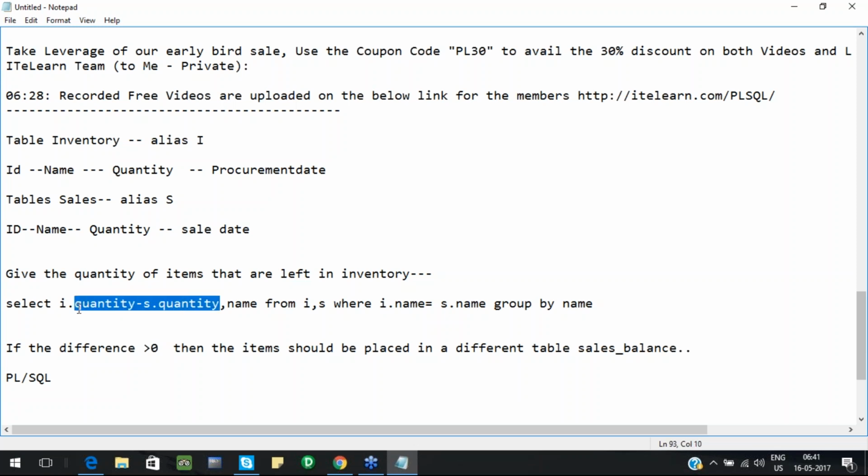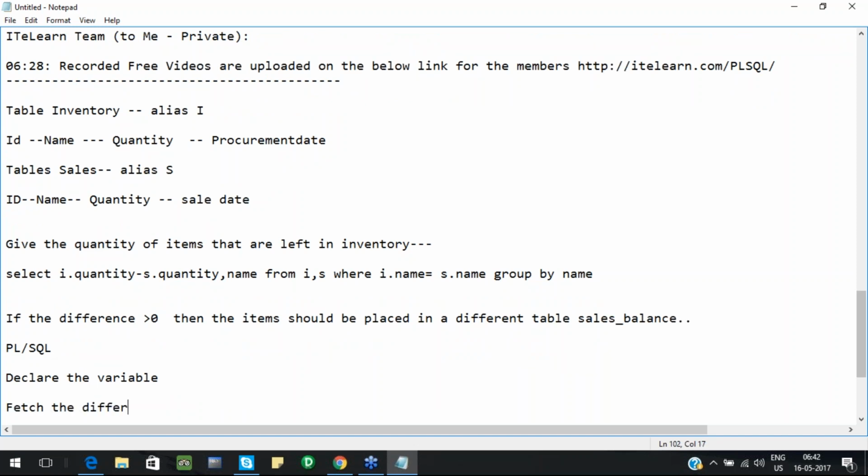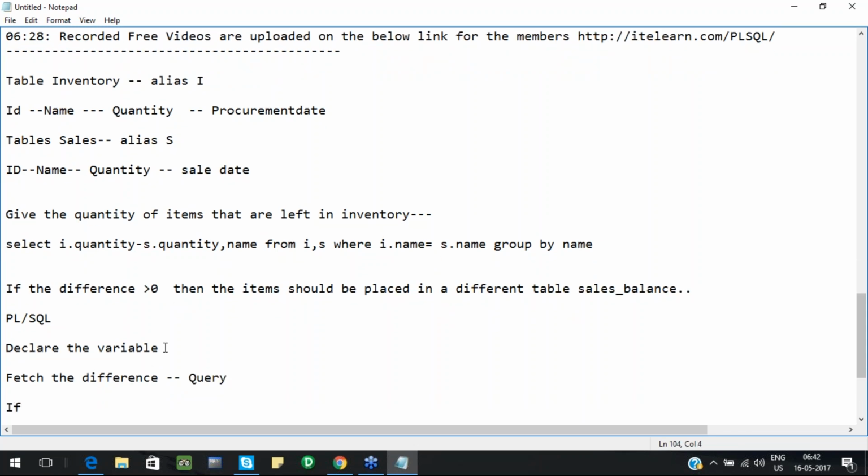So difference, can I use the same like this? If you remember your basics, I have two columns A comma B and I want to get the difference. So what will I do? I'll declare a variable C and then define C is equal to A minus B, right? The normal programming concept that we do. So the same logic we will apply here also. What we'll do is, we'll first declare the variables, okay? Then fetch the difference using a query, and then we will write if the variable, which I'll call diff, if diff is greater than